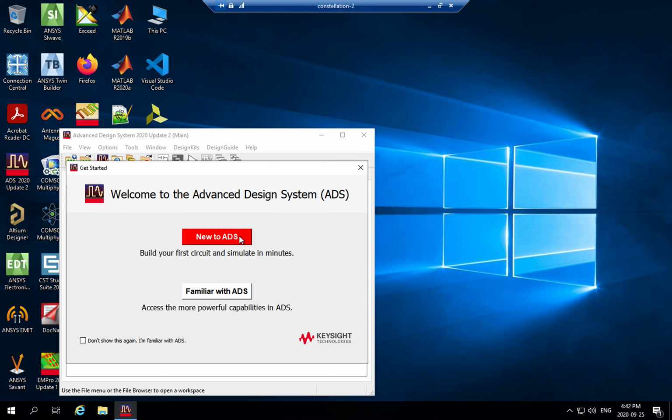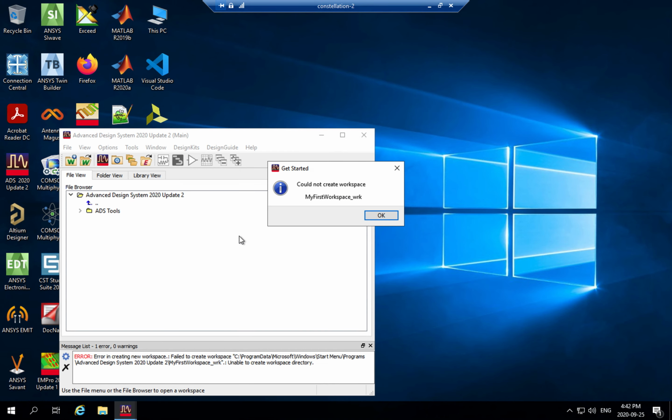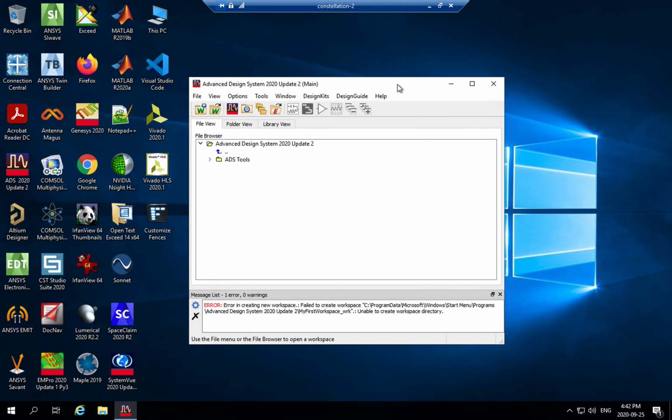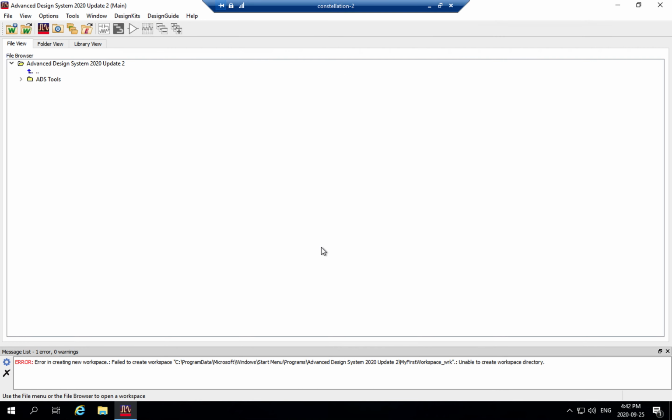So you can say that you're new to ADS. It's going to show you some pointers as you go along. Could not create workspace. Okay, I don't know if you got the same error, but it didn't want to create a workspace for me. But I'm going to create one now